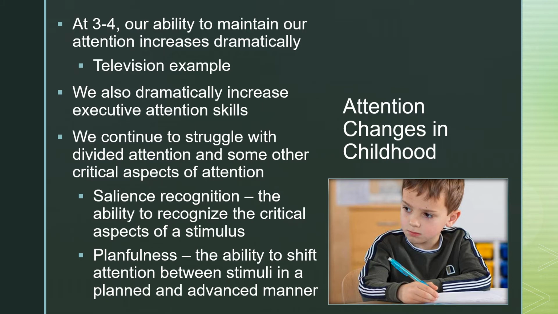And something paired up with this is the child's ability to not only block out things, but really decide what they want to pay attention to. Essentially this is tied to that executive attention skill that's starting to pop up in late infancy, but really becomes much better by the time children reach around 4, 5, 6 years of age. As these skills are developing, though, there are still some things that have quite a ways to go. One thing that kids, even at the age of 5 or 6, struggle with is this idea of something called salience recognition.